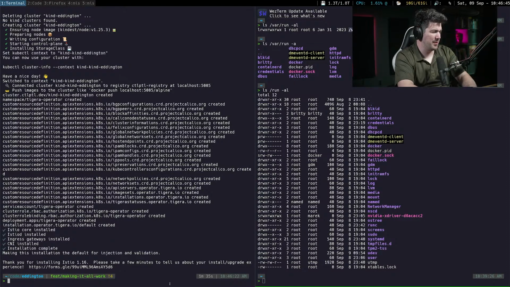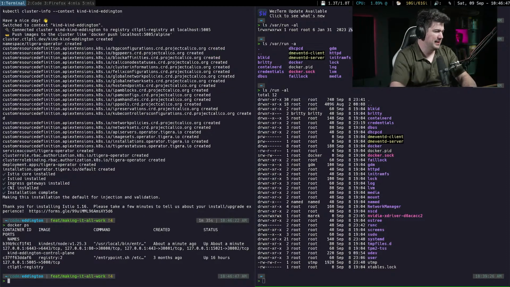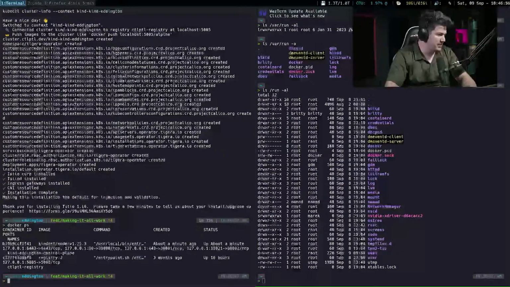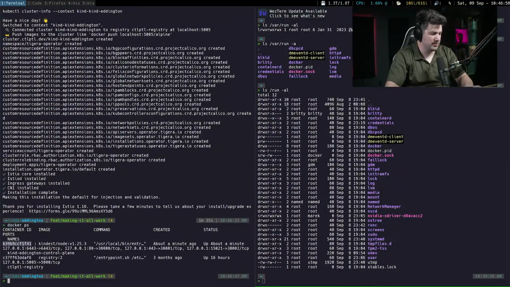Okay, so we are up and running. Docker PS. This is our kind control plane. Let's see. Yeah, here we go. This is the control plane node. So we can check inside of this, like you were saying. So the idea here